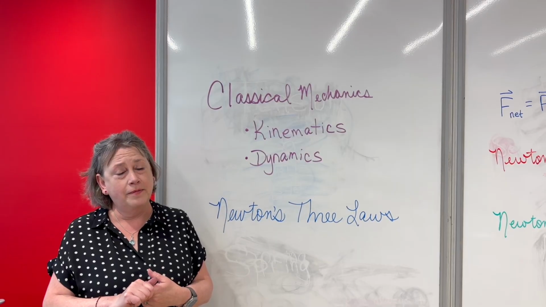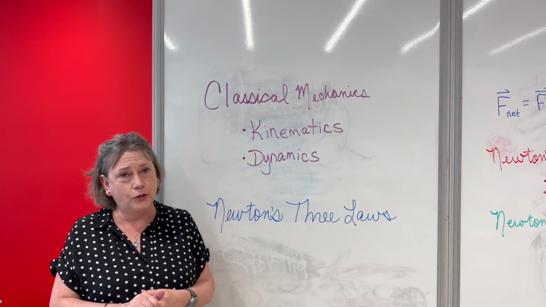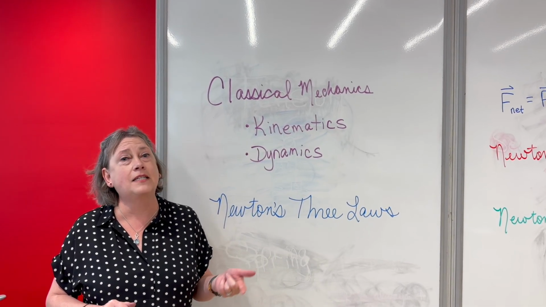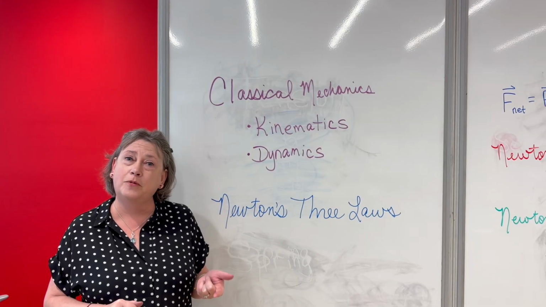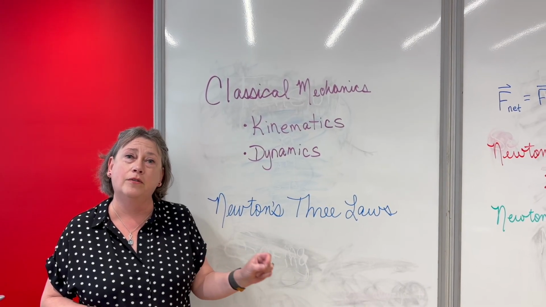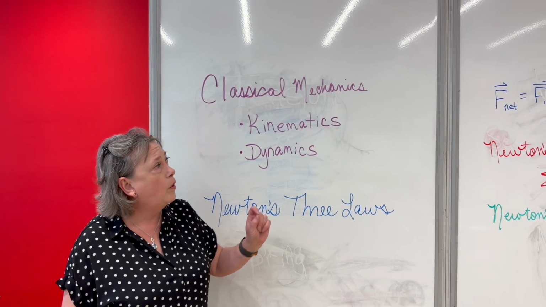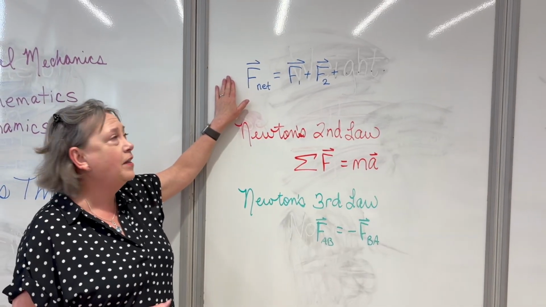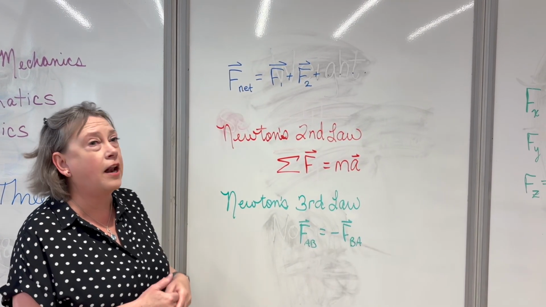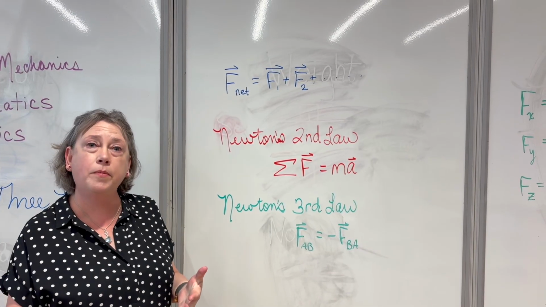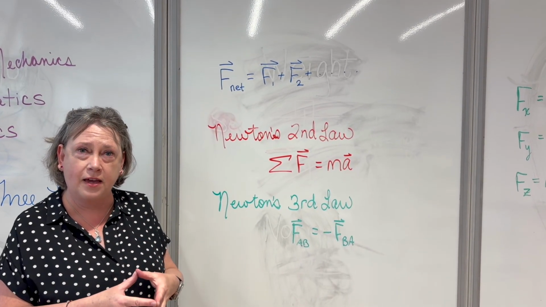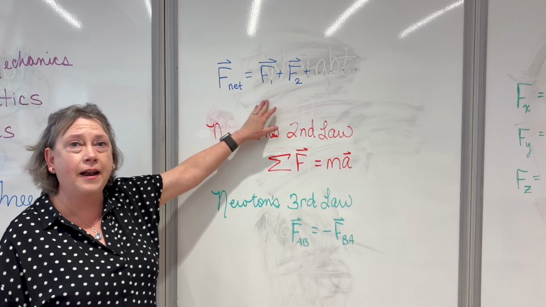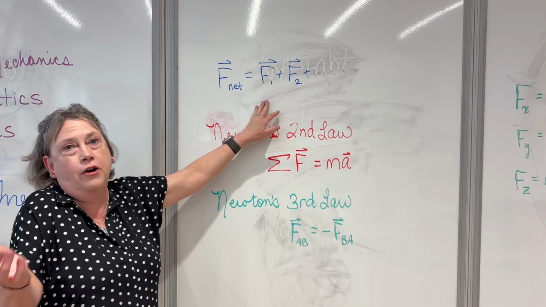The first law states that an object that is in motion must stay in motion, or an object that is at rest must stay at rest unless the object is acted on by a net outside force. So we will be calculating net outside forces. So an object that's motionless or moving will continue to be that way unless it has a net outside force acting on it. And so when we say net force, we mean add up multiple forces if there are multiple